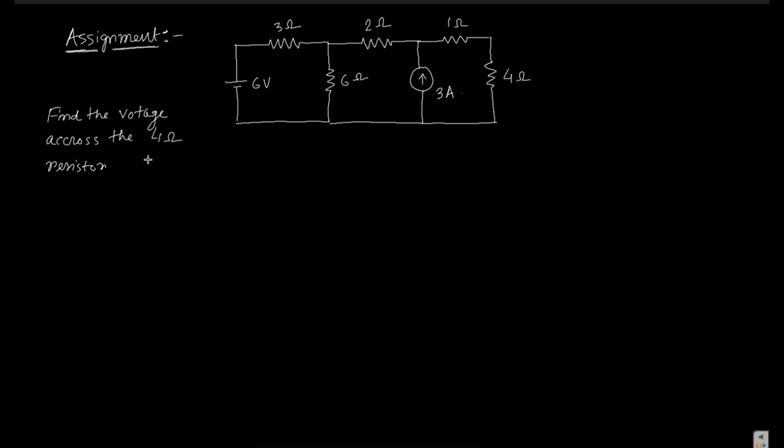What is the voltage across the 4 ohm resistor? This is a very important question, so I can solve it. What should we do? Here, for this 3 ohm resistor and 3 ampere current source, can we convert this current source into the voltage source? It is not possible, because there are 2 resistances on one side and 2 resistances on the other side. So we can convert this part first into the equivalent current source.